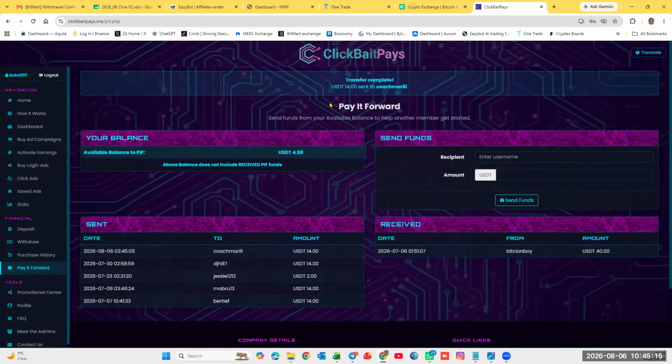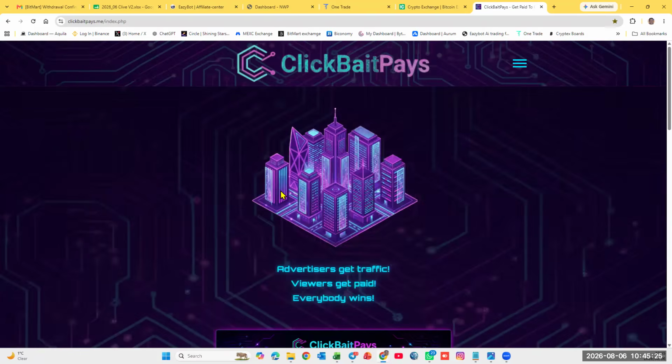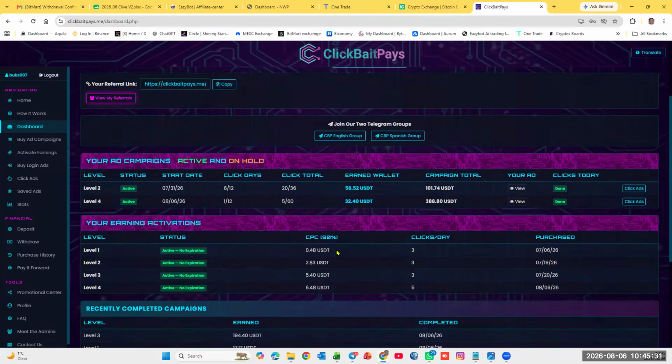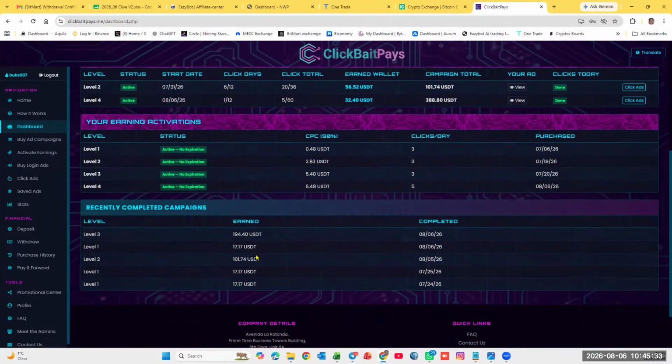And this is how ClickPage works. Put money in, 19 days later in total, you got your money back and you can either go bigger or smaller. As I explained to you already, this is a quick project and it has already been running for a few months. And there you can see how much I've earned already. Just in a matter of a month and a half.